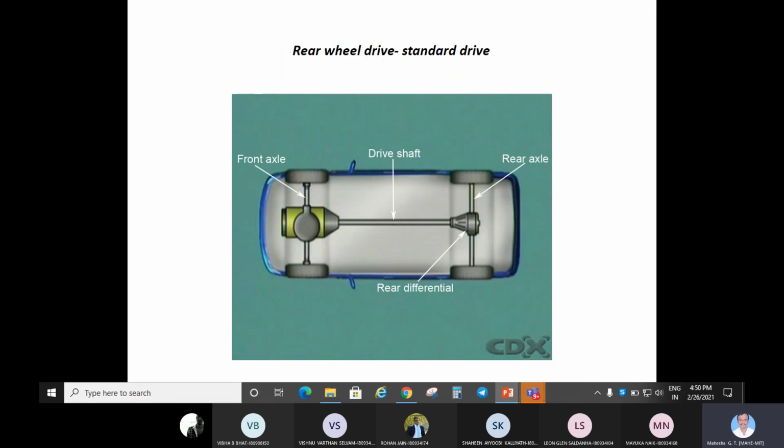Next layout, let us go with, without wasting any time. Second layout, third one, it is rear wheel drive layout. Third type of drive line system layout, rear wheel drive layout, where our engine is located north-south oriented, with a clutch and gearbox in the bell housing being provided, and then of course the drive shaft.